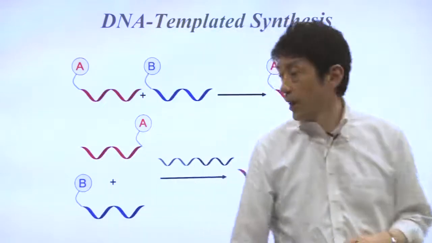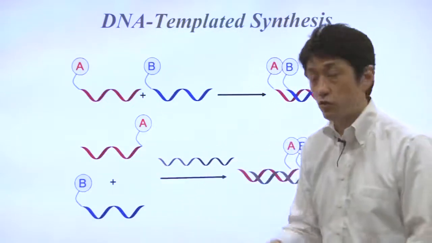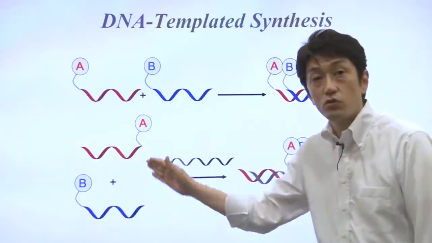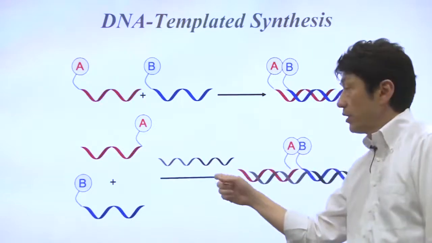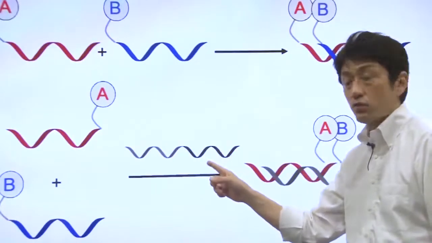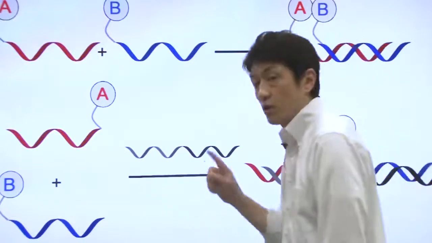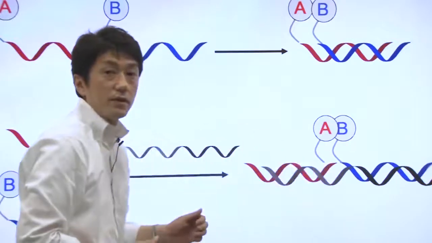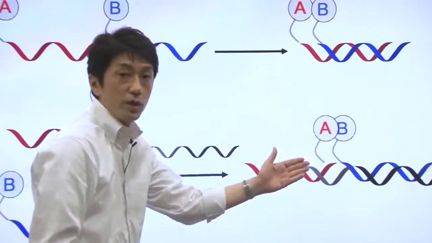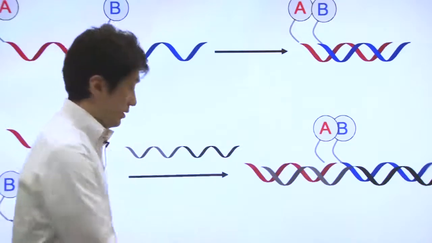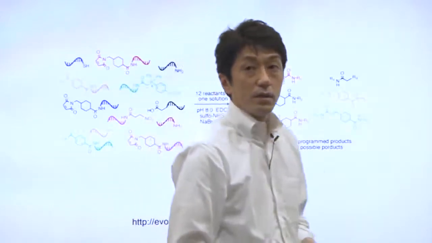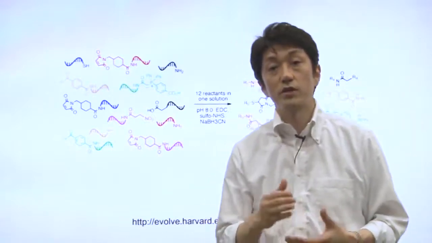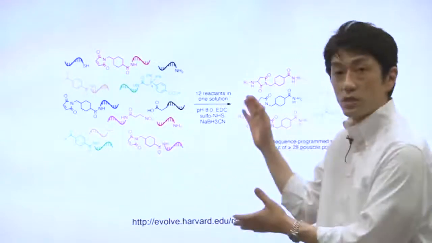When the red DNA is not complementary to blue DNA, a DNA strand complementary to both can be added to the reaction mixture. This black DNA brings 2 molecules together and promotes the reaction between A and B. For example, Professor David Liu at Harvard University and his co-workers performed this experiment.